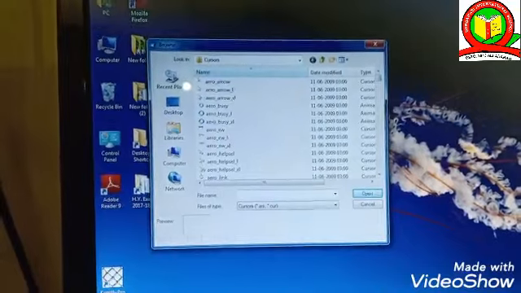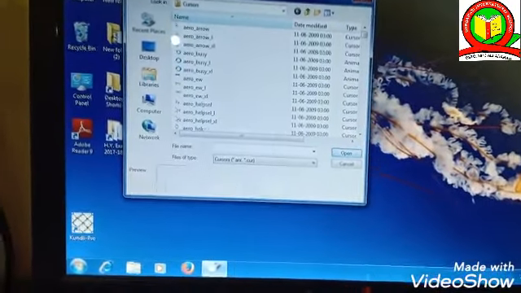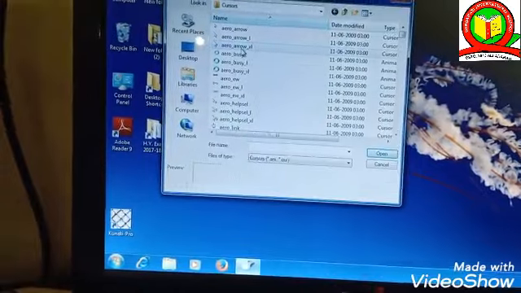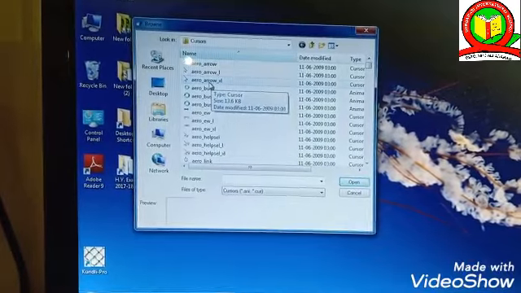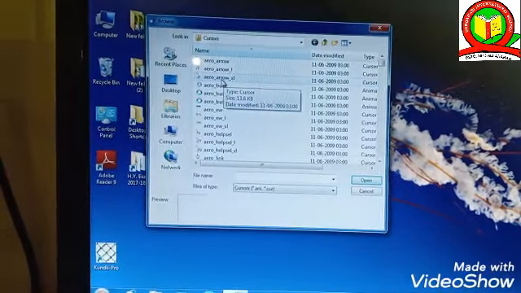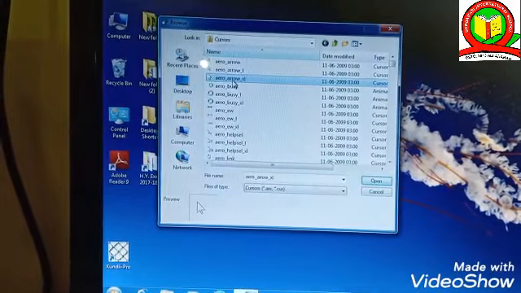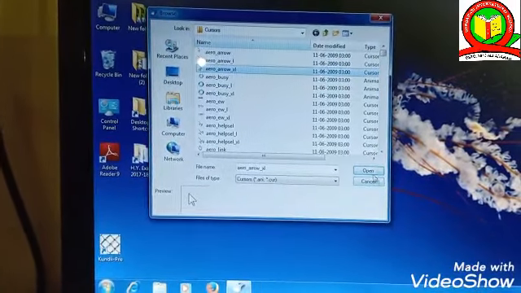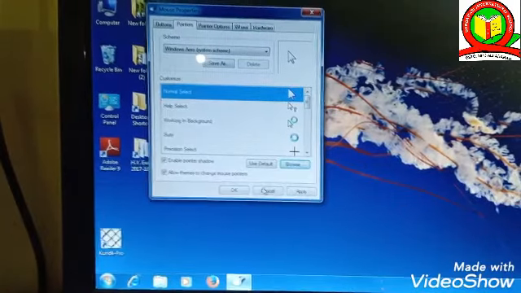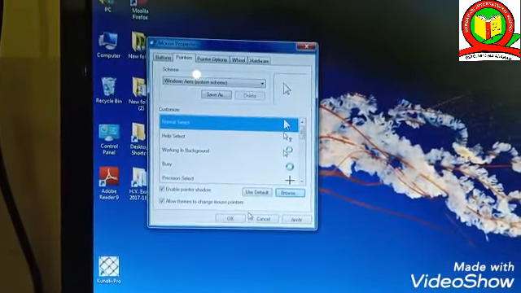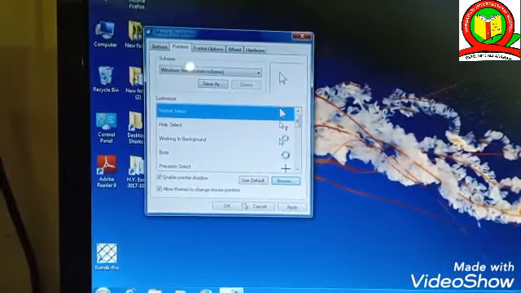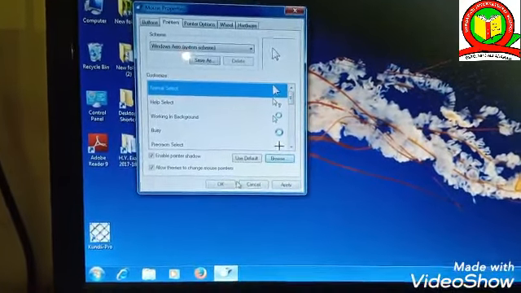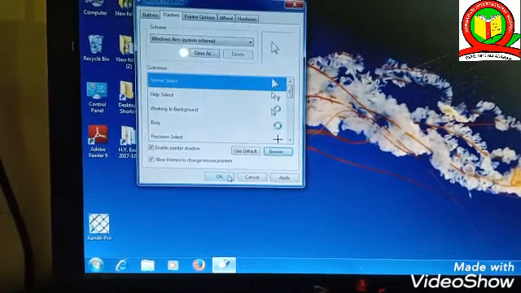Here I have selected these shapes. For changing the shape, as I want this shape for my mouse pointer, I have selected it and then I click on the open button. Once you have selected the pointer of your choice and clicked open, the old mouse pointer will be replaced by the selected one in the mouse properties dialog box.